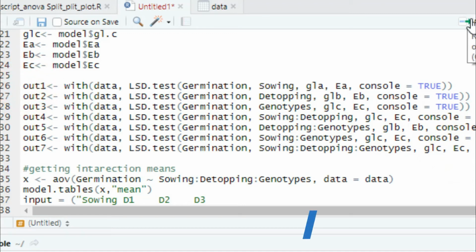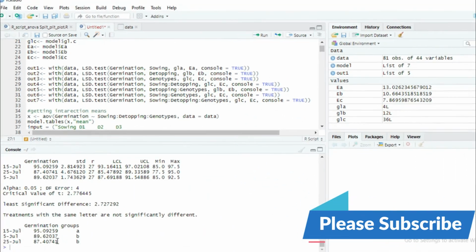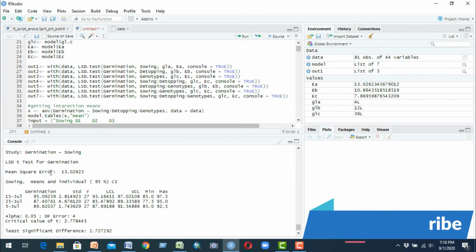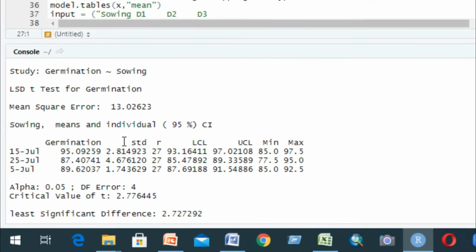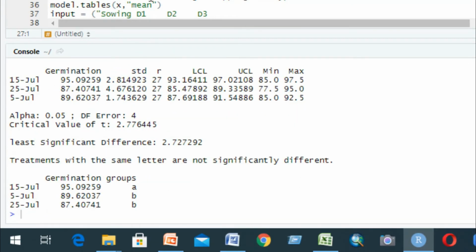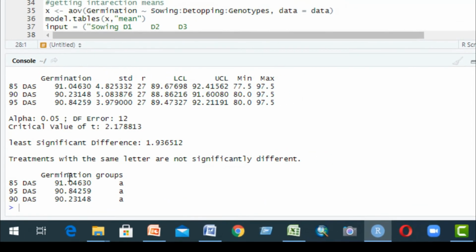Now we can start to run out1. It is min.com out1, germination, that is first swing. Second, detopping, it is detopping treatment and germination mean value and their homogeneous group.